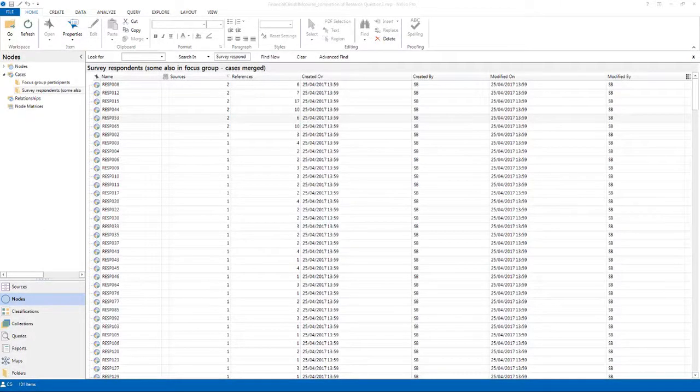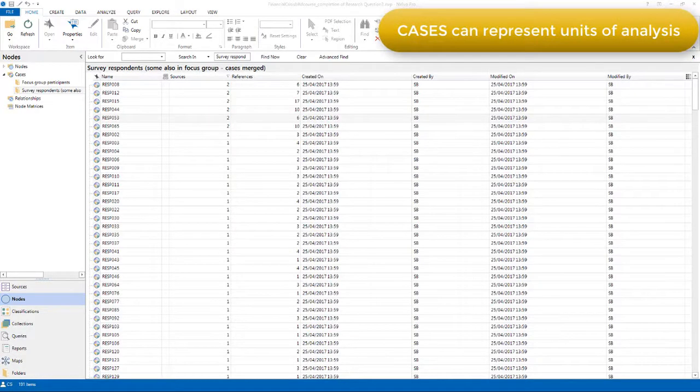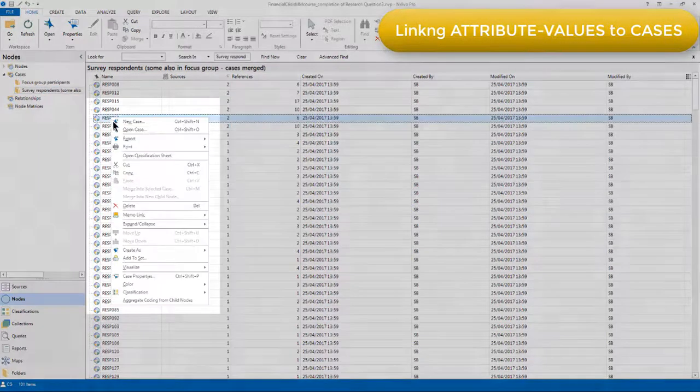We saw in the first part of this video that cases can be used to represent units of analysis in a study. We used the example of a respondent being a unit and discussed the common use of coding each respondent's talk in a focus group to a case. In this project, it was necessary to distinguish the characteristics of each speaker. As you know, cases are types of node, but they're special types of node because they can have attribute values linked to them. If I go and look at the properties of a case,